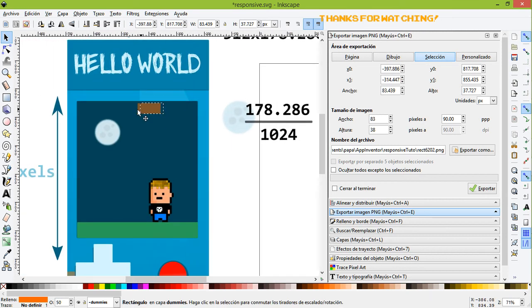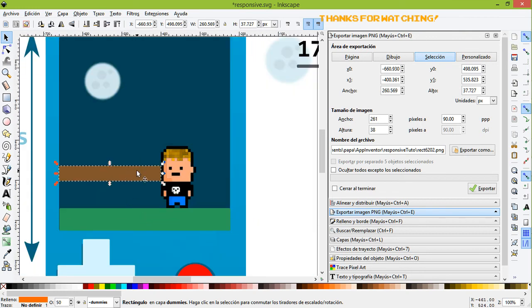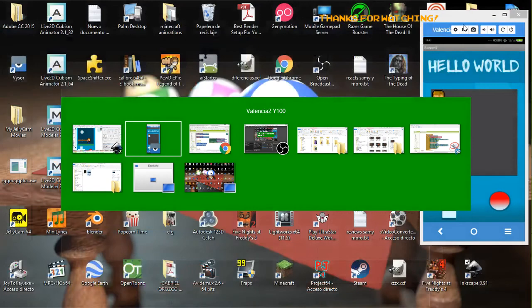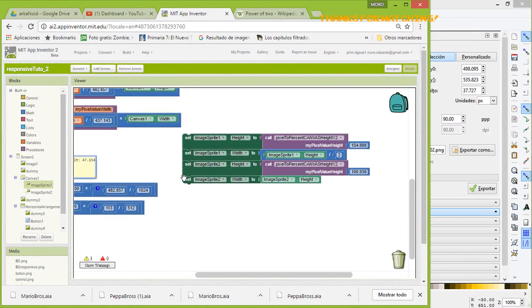Okay, to know the position of something, first, to check the position in X, we are going to drag it to the edge of the canvas, and then we're going to drag it until we get to the graphic. Then we check this, and check the sizing, the width. It is 260. We copy this just for the width, and this is going to help us with the X position. So we go here, and now we are going to duplicate